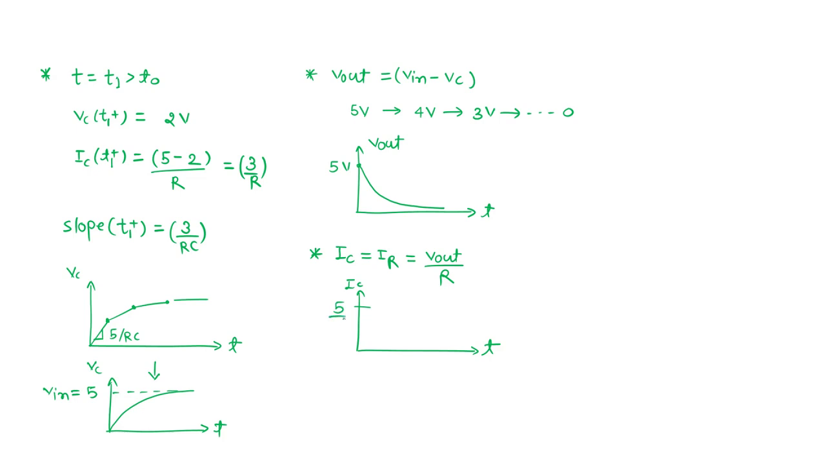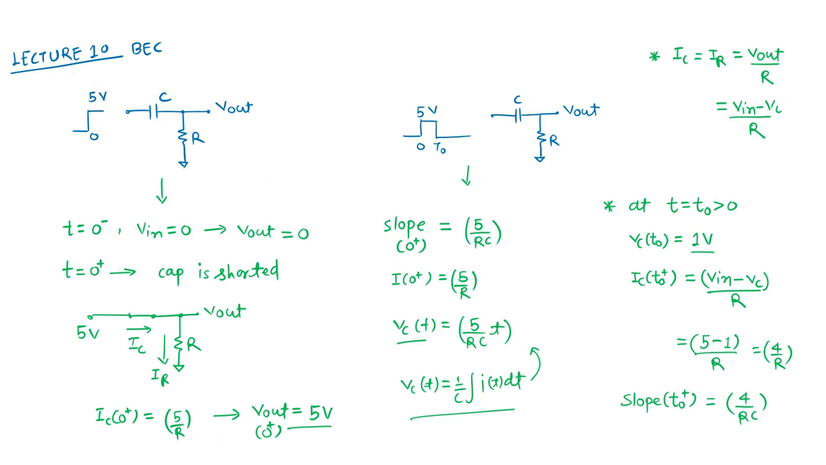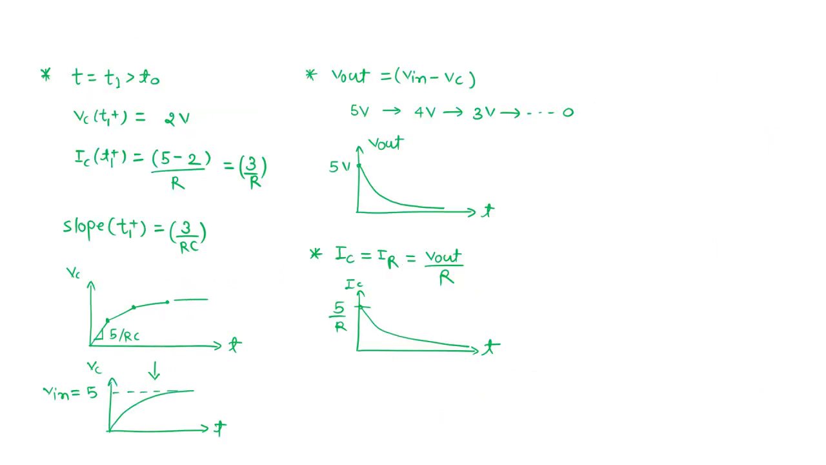The initial value is 5 by R, and after that it is decaying to 0. Okay. So this is the analysis of this circuit, the fundamental circuit and the basic analysis. If we go for the second circuit, which is nothing but a pulse we are applying,